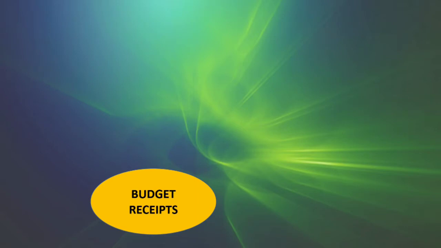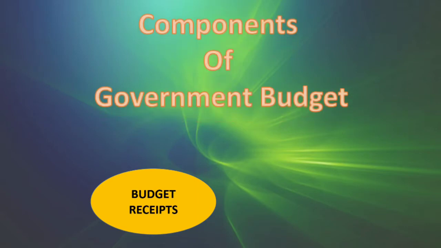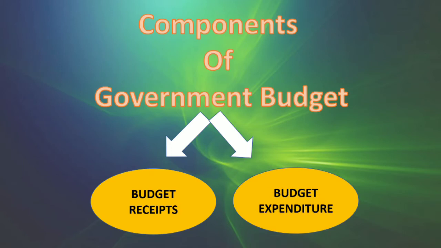Let us understand components of government budget. Any country's government budget can be divided into two subparts: budget receipts and budget expenditure. Why is it so? Because obviously any government will get some income from some sources and they will use this income in expenditure of the country for the welfare of the economy or many other cases. So let us understand both the things, that is budget receipts first of all, and then the second half will tell you budget expenditure explanation.